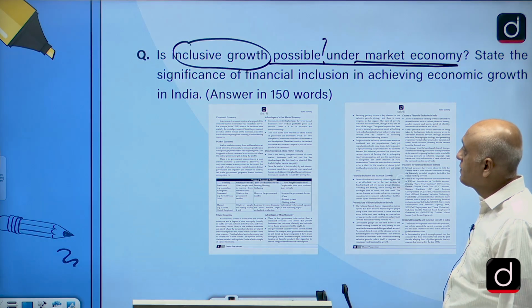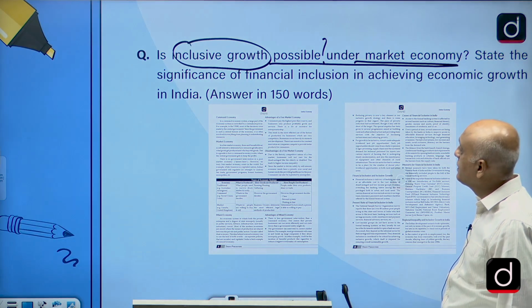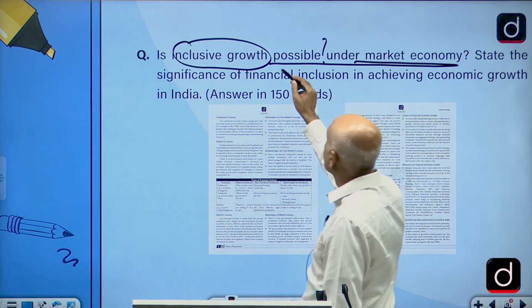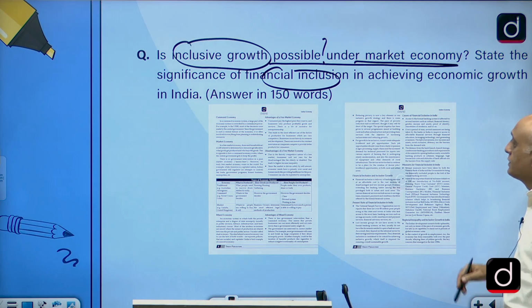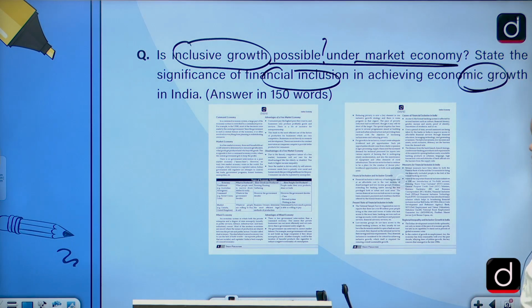Moving on to the second part of the question, it says state the significance of financial inclusion. Now this question is a totally different question because it is focused on economic growth. It is not focusing on inclusive growth. So the pattern has to change. In the second part, you don't have to write anything about inclusive growth. You have to write about the economic growth. And now we are talking about financial inclusion. Okay, so let's move on. In the second part,